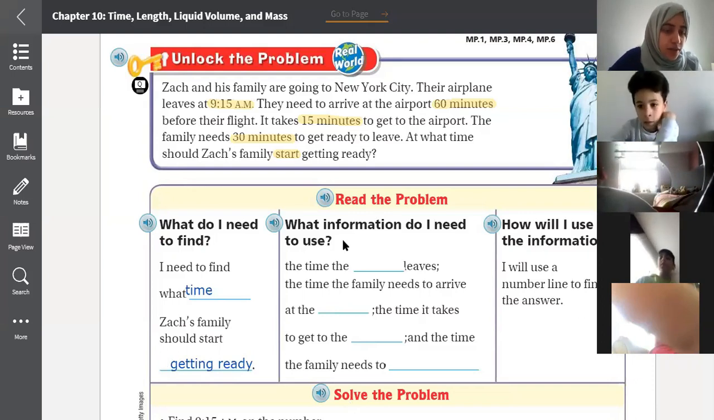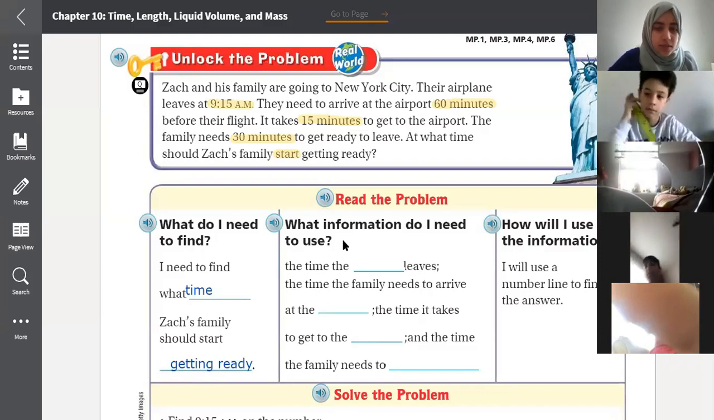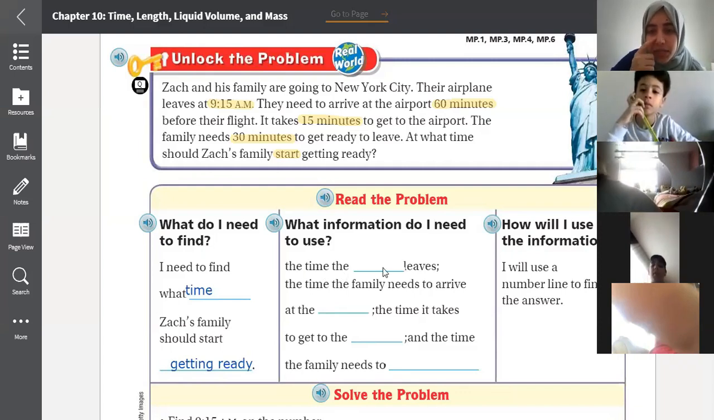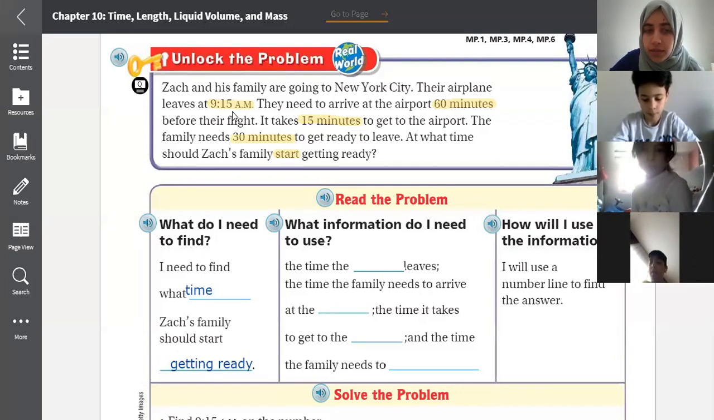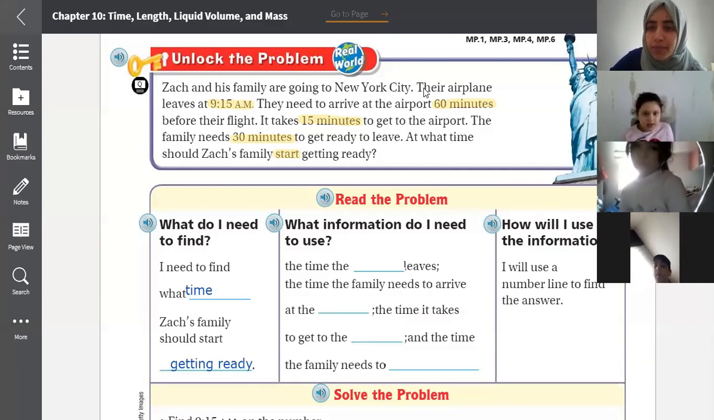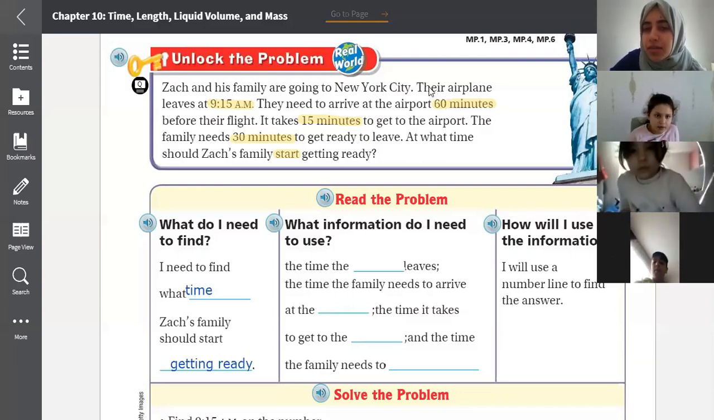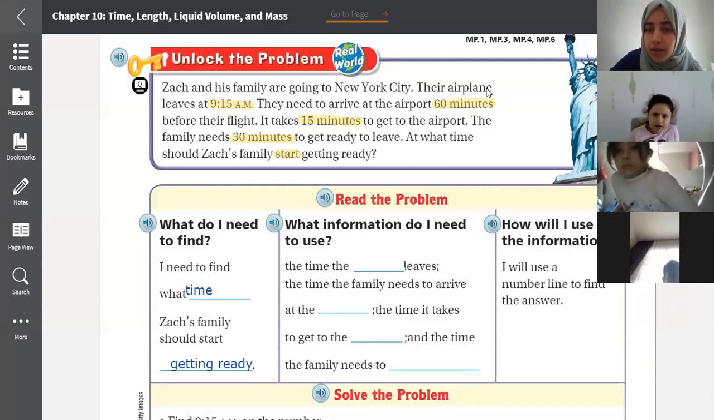For the next part, Rena, what information do I need to use? First of all, they gave us the time, what leaves. Look at the question again. What is leaving at 9:15 a.m., Rena? 60 minutes. What's leaving at 9:15 a.m.? Read the sentence from here again. 9:15. Okay, what's leaving at 9:15? Read the sentence. Their airplane leaves